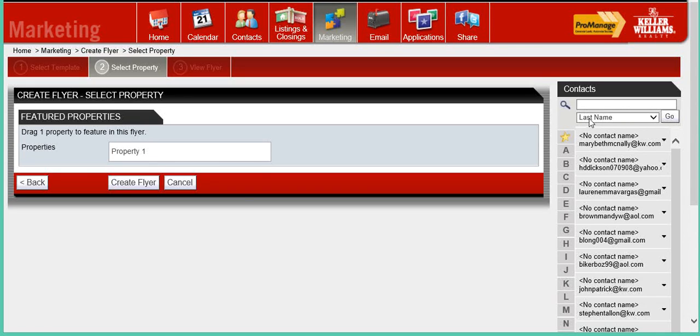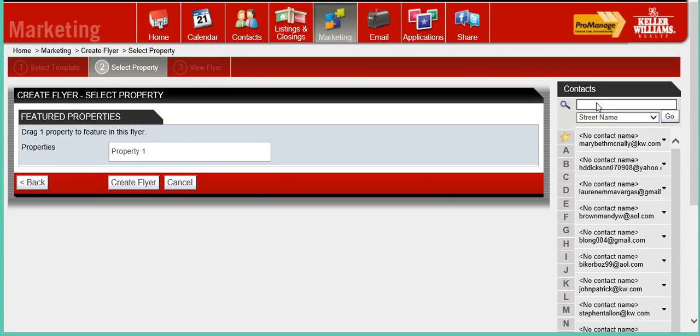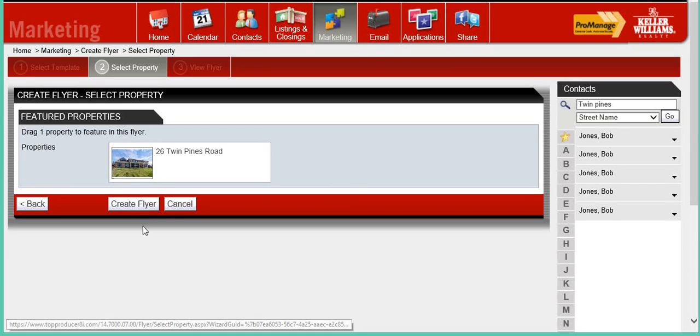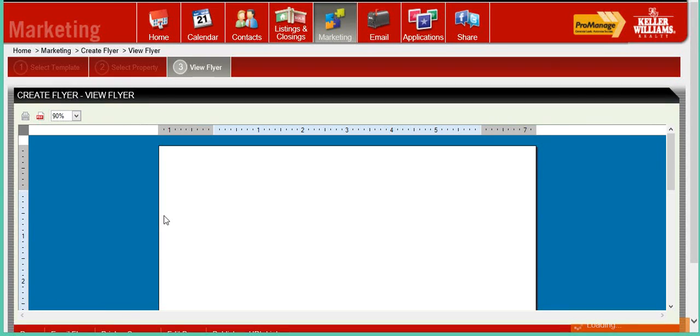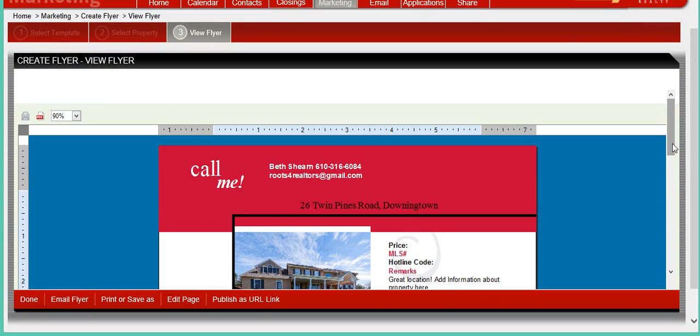So you can either search by last name if you remember the name of the seller, or you can search by street name. I'm going to choose Twin Pines. Click go, and this is the contact, although there's many of him in here. Click and drag him there, and the property information that's connected to Bob Jones populates here. When I click create flyer, it pulls all the information from Bob Jones's listing,